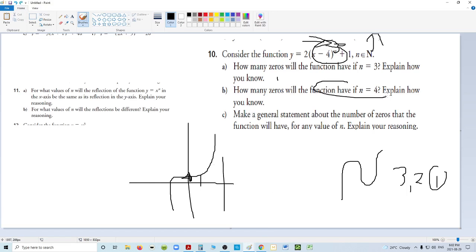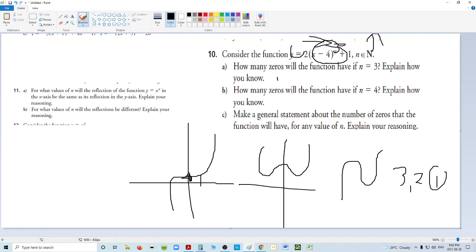How many zeros will the function have as n is 4? Well, okay, since it's raised 1 and it's a positive integer in front, it will have 0 because it never crosses the x-axis. Make a general statement about the number of zeros that the function will have for any value of n and explain your reasoning. Okay, so